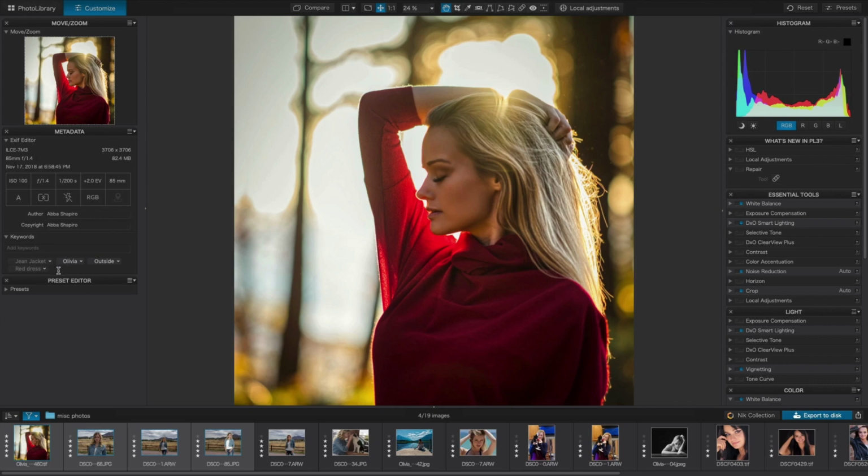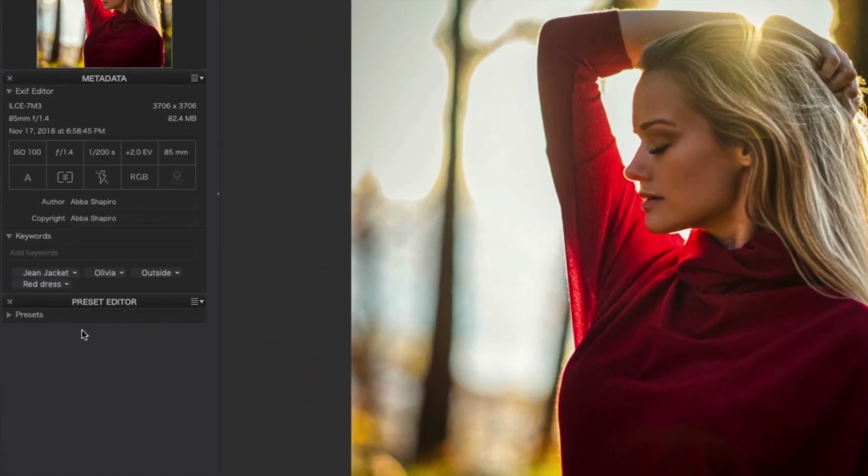And if I want to take an existing keyword and apply it to all the images, now I probably wouldn't do this with jean jacket because the first one she's wearing a red dress, I would simply say apply to all. And as you can see, this is now bolded. If I do make a mistake, such as I just did by adding jean jacket to this first image, all I need to do is select that image, click on jean jacket, and press delete, and it will remove that